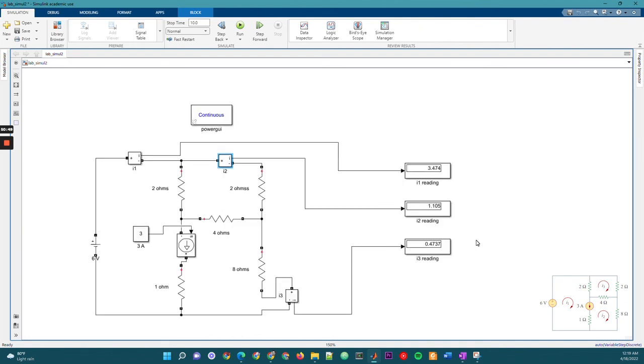For your exercise, I'll be giving you a circuit that was solved before, and you'll have to recreate it and confirm the results calculated using nodal or mesh analysis by the use of Simulink. If you have questions, feel free to ask me